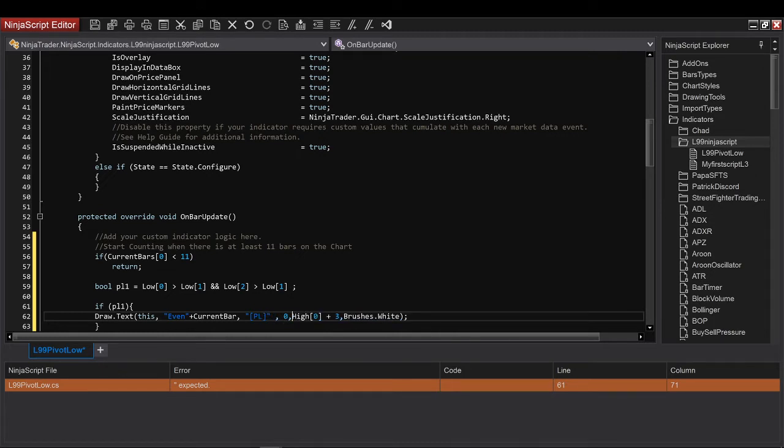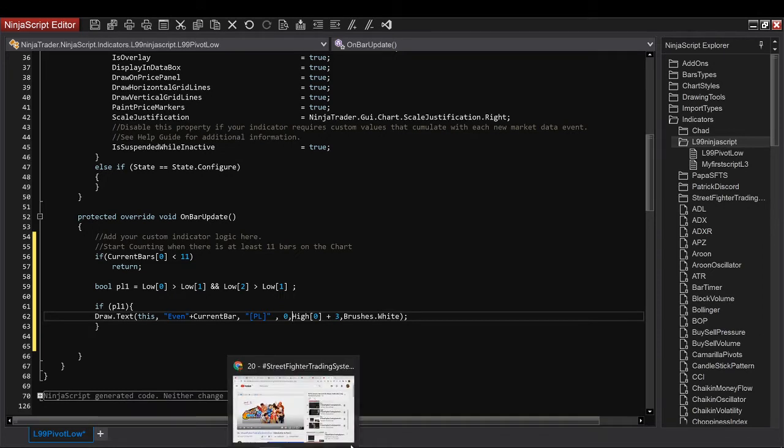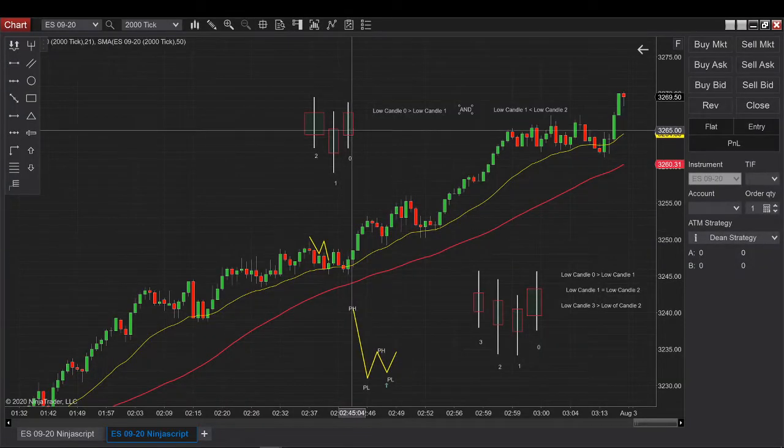And then where am I going to draw it? When I have a pivot, it is going to compute at candle 0. But I want to draw at candle 1. I don't want to draw at candle 0. So I'm going to do a -1 on the offset. I want to put the drawing at candle 1.